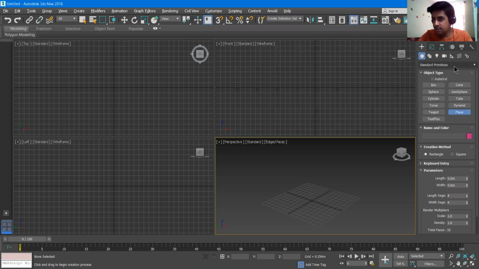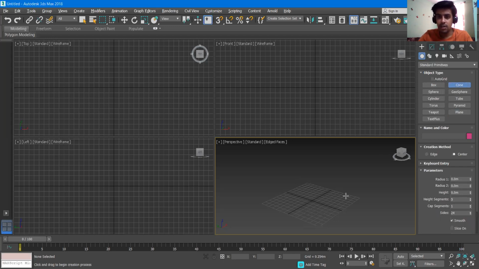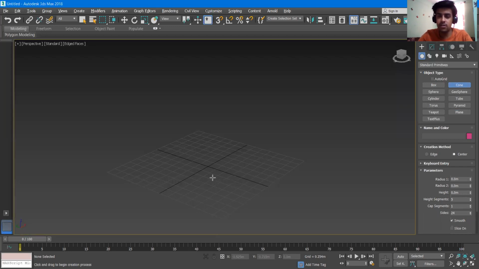On the command panel at the right hand side we have a bunch of options in this standard primitive create option, and on the geometry tab we have all the options. Let's say I take cone, and if I press Alt+W, it will make my perspective view full screen.